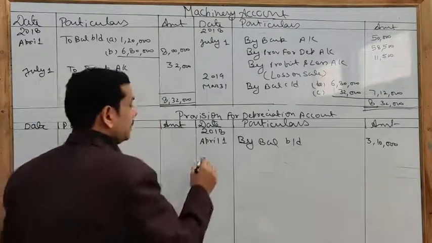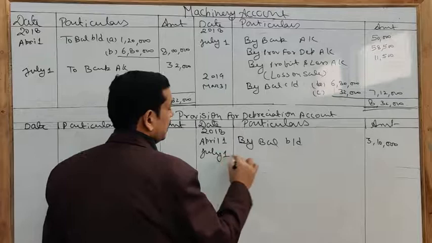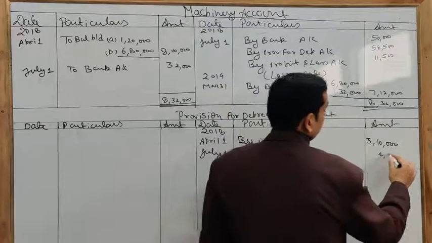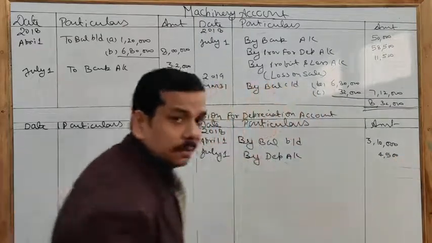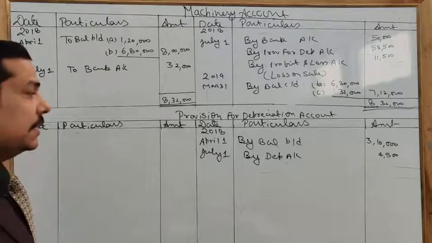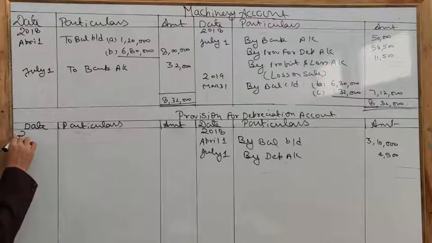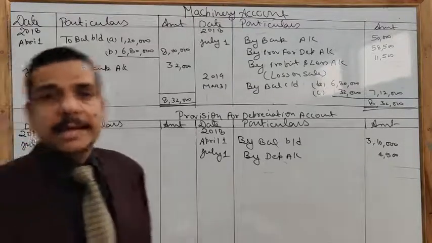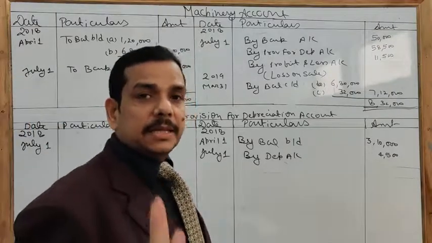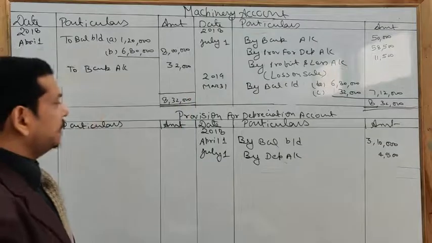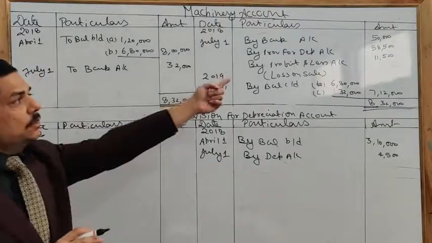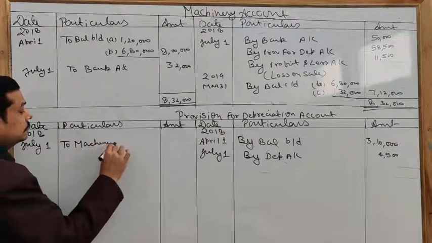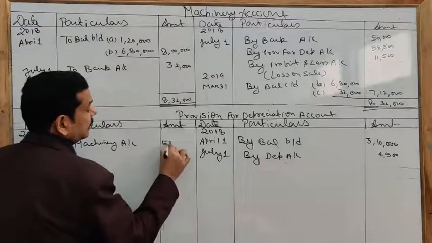Clear? But before selling the machine, we have charged depreciation on the machine for 3 months. So that will come in this account, July 1, by Depreciation account 4,500, because after the start of the year, the machinery has been used in the business for 3 months. Now the machinery has been sold on July 1, so we will transfer the total depreciation. If you remember in the working notes, I wrote one thing, TDC, total depreciation charge, 3 years depreciation plus 3 months. So that comes to 58,500. So from provision for depreciation, it is transferred to machinery account. So to Machinery account 58,500.